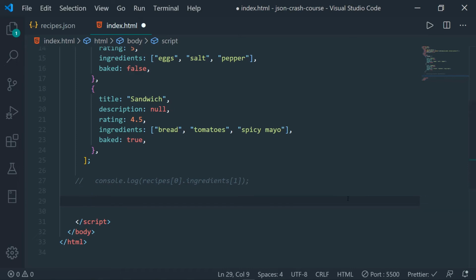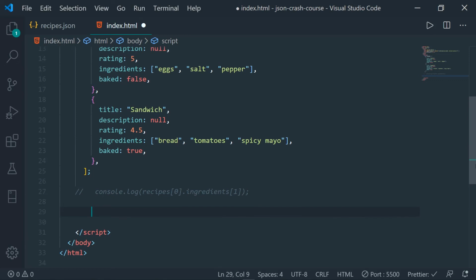And the reason why the returning data is in the form of a string instead of an object of JSON is because you don't send objects directly between the server and the client. You have to first convert the data into a string and you have to send that data to the API or the server. And while you're returning the data as well, you have to return the string value. And in the web page that you're currently using, you have to parse the string into a JSON object to get the data.